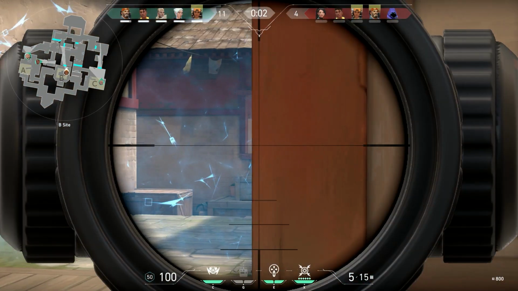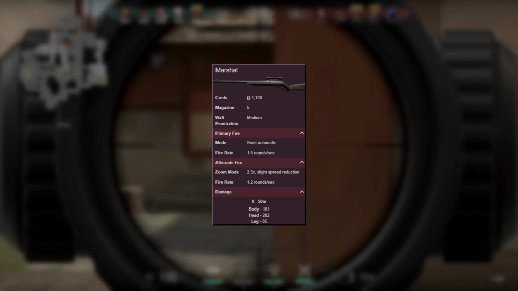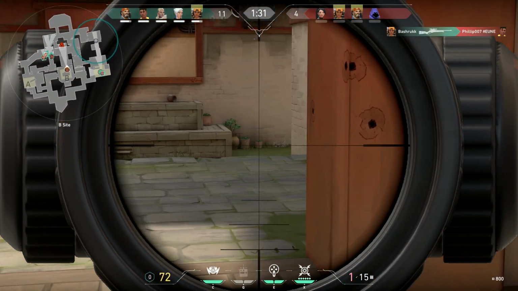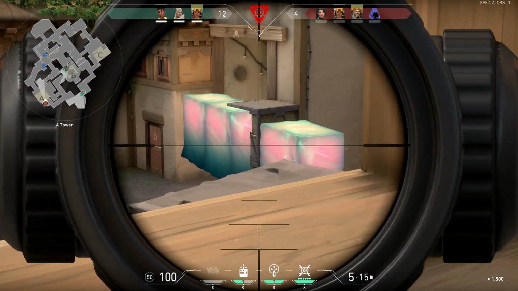Now let's talk about the next weapon we have on the list, and this one might surprise you in the tier 2 category, but it's actually a sniper, and it's not the Operator, it's the Marshal. Now, the Marshal one-shot headshots no matter what, but it doesn't do as much damage to the body. It's usually going to take you 2 shots to the body to kill an enemy, and for a lot of people, this might turn you off on the weapon because it's really difficult to get those headshots off,